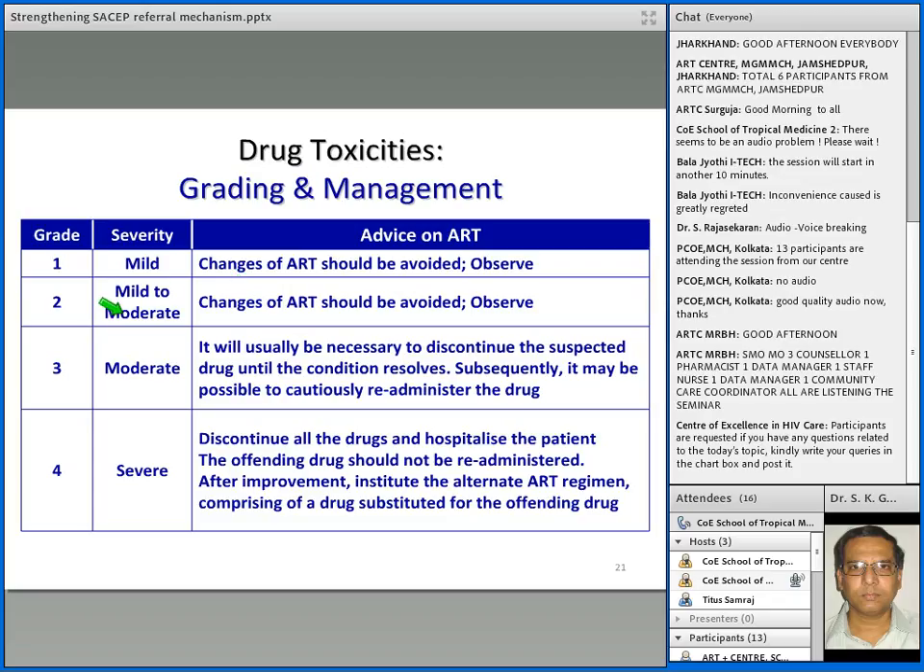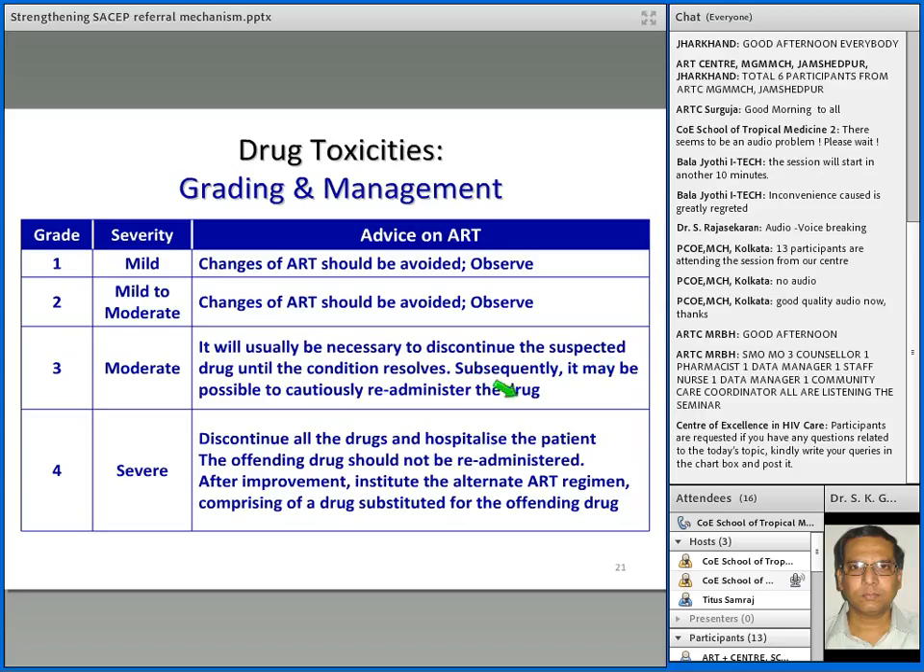Similarly, grade 2 is mild to moderate, where similar guidance applies. Changes of ART should be avoided, but close observation and monitoring of the patient clinically, and at times biochemical parameters, would also be required. But in case of moderate rash, it will usually be necessary to discontinue the suspected drug till the condition improves or resolves completely. Subsequently, it may be possible to cautiously